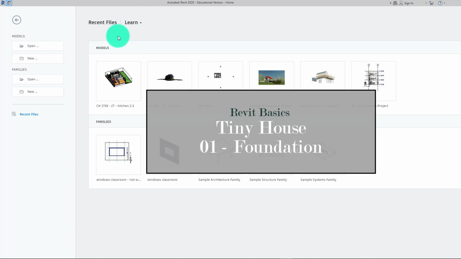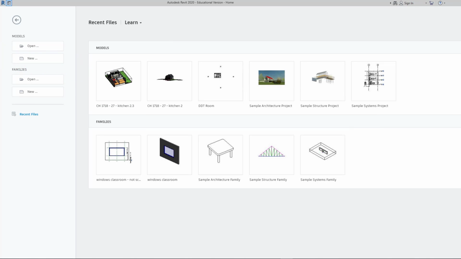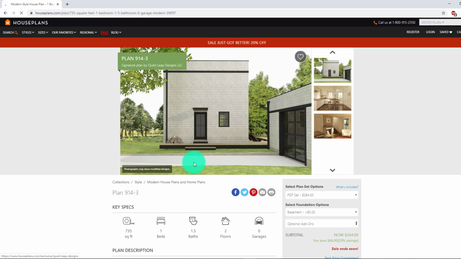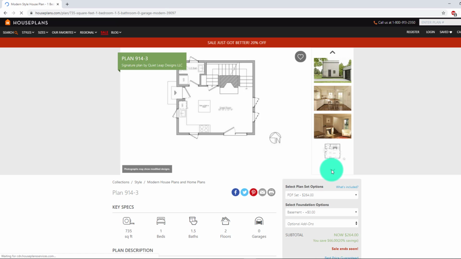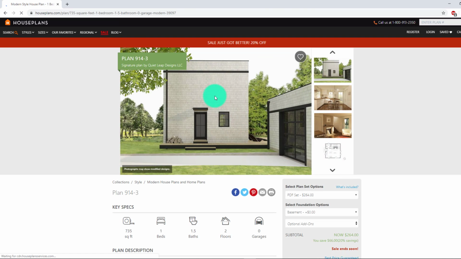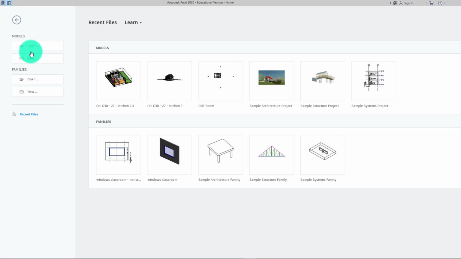Welcome everybody to day something of the quarantine, and we're gonna make a house in Revit. So just to show you the house that we're gonna make, or something like it. I'm not gonna buy these plans or anything, but I'm just gonna go off the pictures. So we're gonna use this as inspiration, but to give you a heads up, something super simple, and this is what we're gonna make. Alright, so the first thing you need to do is go to Model and click on